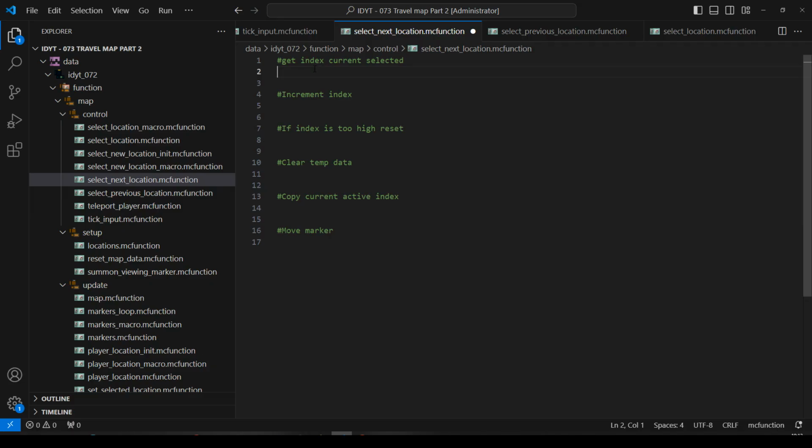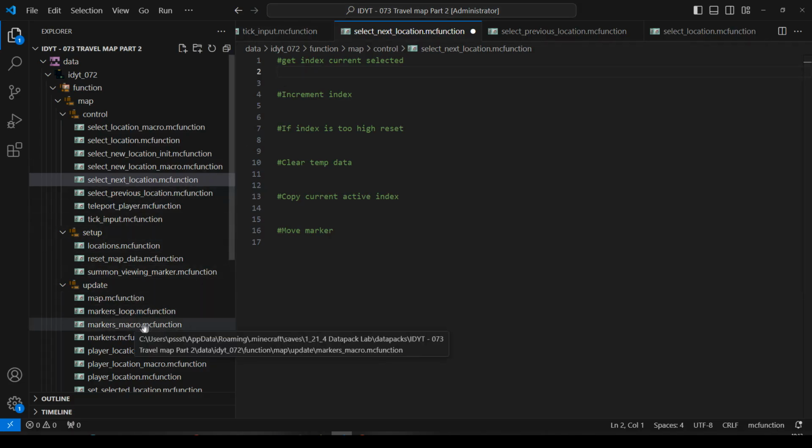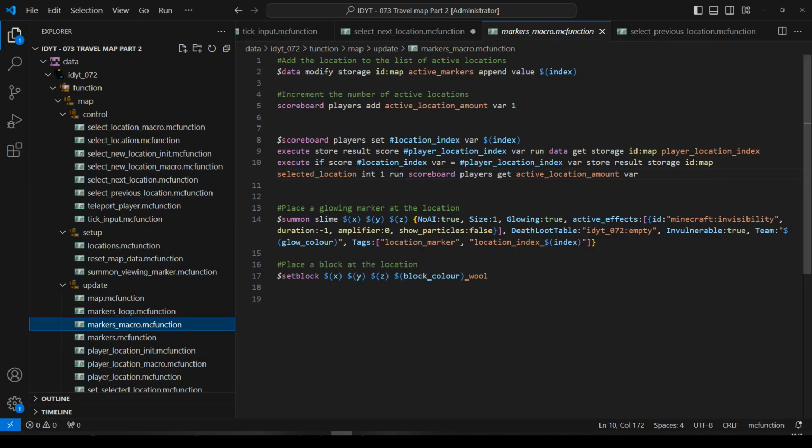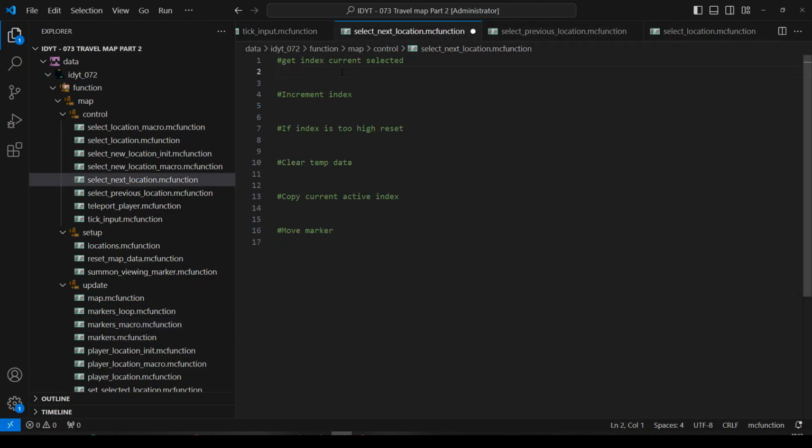Okay, so we've stored that already in ID map selected location. I think we were doing that in the macro. So we've got it there. When they first enter the map, it's going to grab that, and that's going to be what's stored here. So now we're going to grab that again and do something with it. We're going to execute store result as a score, current index,